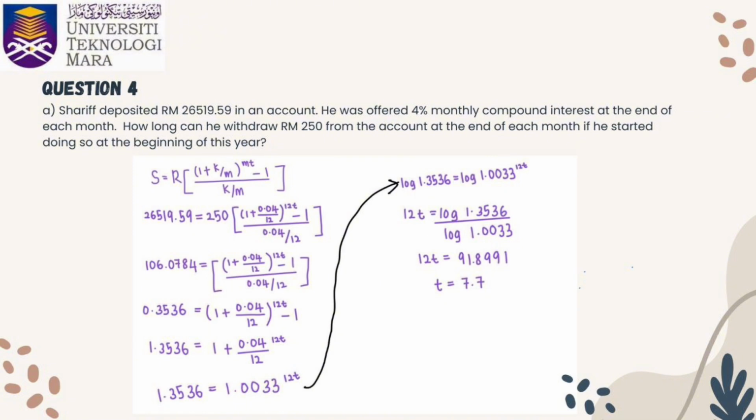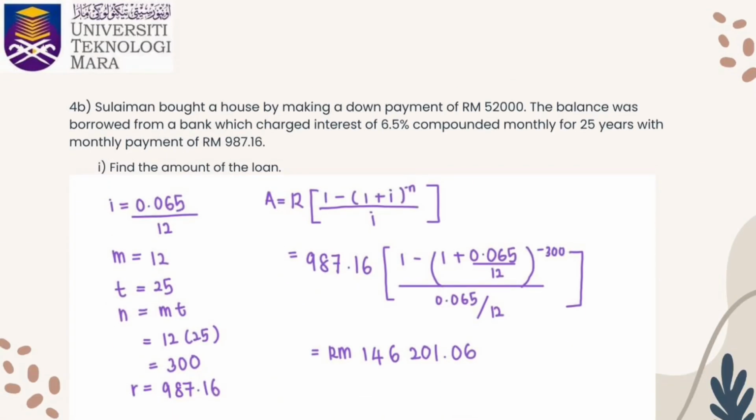So 26519.59 equals 250 ringgit times [(1 + 0.04/12) to the power of 12t minus 1] divided by 0.04/12. So the final answer will be t equals 7.7. Question 4b. Sulaiman bought a house by making a down payment of